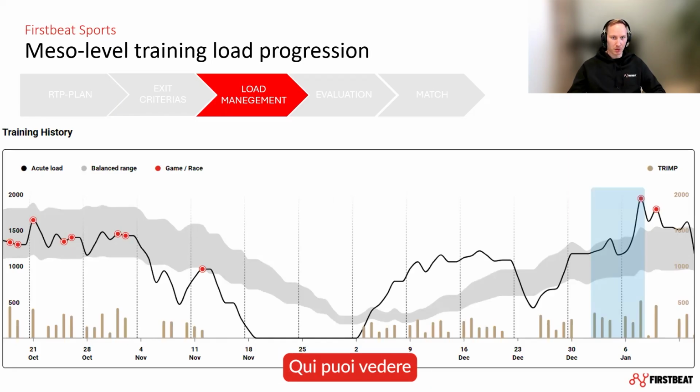So here on the 11th of November, he broke his wrist early in the game, also low training load on that day. And then he had to undergo surgery, and then the training started progressively to increase in the first 3 training weeks. Then we have a short Christmas break, and then the training load starts to increase again. And after 5 weeks of training, we are roughly on the same level in terms of acute load